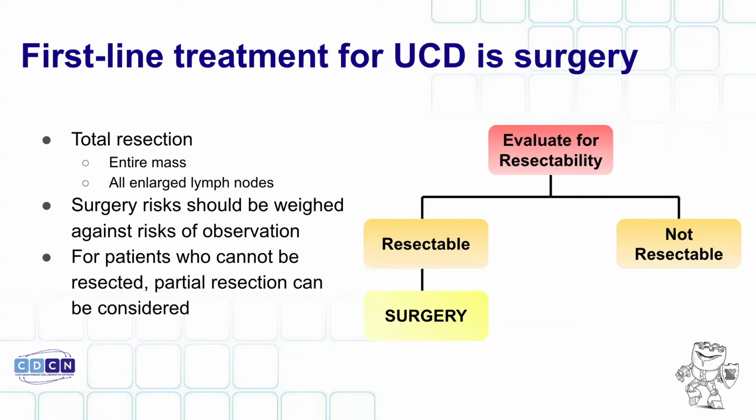But in those cases when it's not resectable, you may need to do something about it because of where the lymph node is located, right? Maybe it's in a really bad spot. It's stuck between the big vessels coming out of the heart. And if it grows there, it can really start to cause you severe problems. And so what do you do for patients who have unresectable disease? Well, one is you can consider just a partial resection.